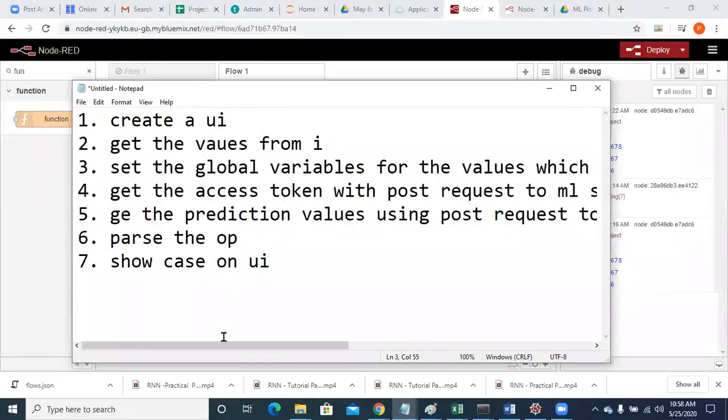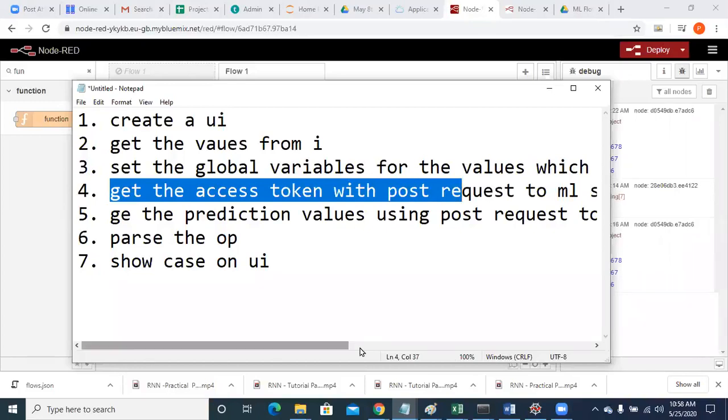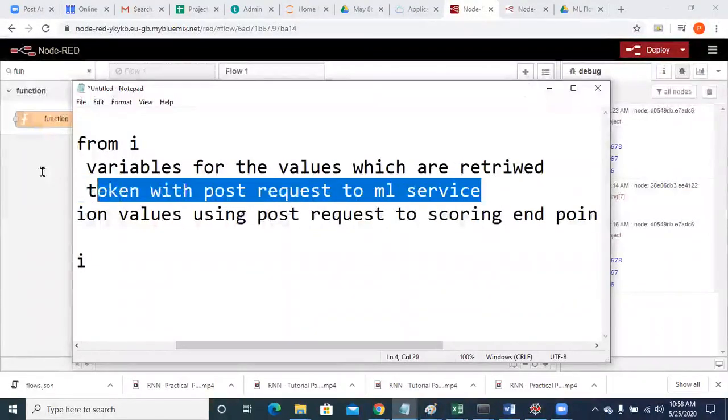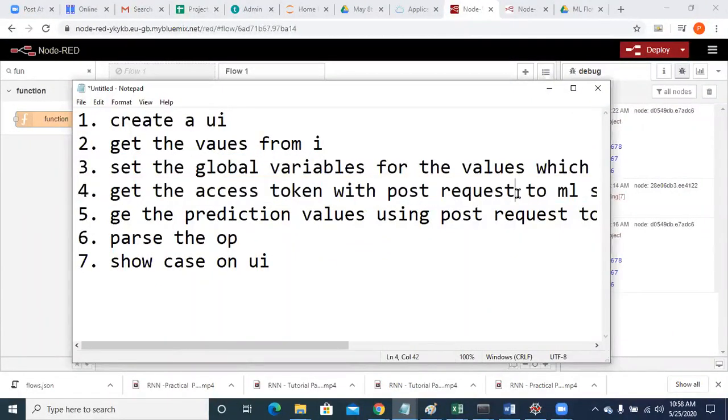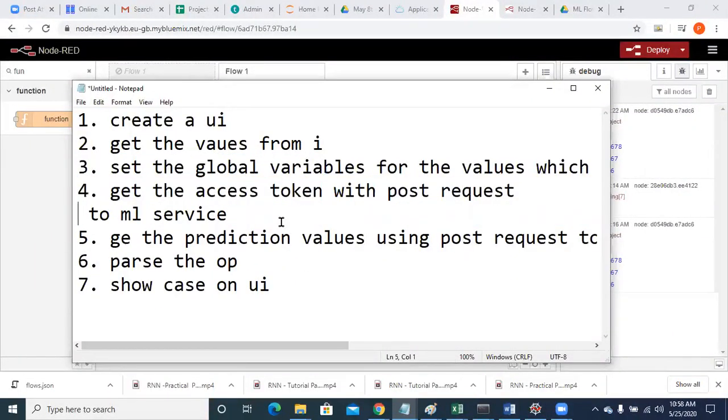Now let's see what is the next step. The next step is to get the access token with a post request to the ML service. You can consider this as getting an OTP. For example, if you want to transfer any amount from Paytm to another account, you will get an OTP, right?